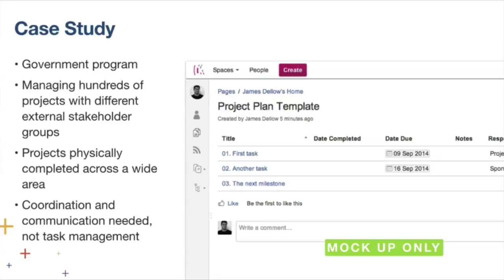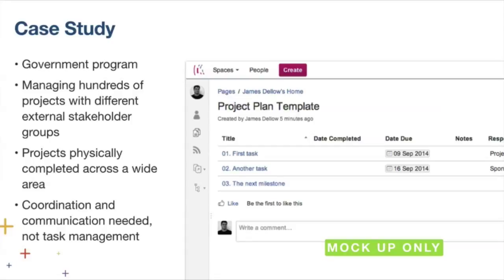What this is about is communication and collaboration. So what they were able to do with Confluence Cloud is actually get a site up and running that was externally accessible, and was externally accessible to staff when they were travelling around working on these different projects as well. So they didn't have to worry about trying to configure firewalls. They didn't have to worry about all those issues with VPN tokens. They just had a Confluence Cloud site up and running, and they could start communicating and collaborating with their stakeholders